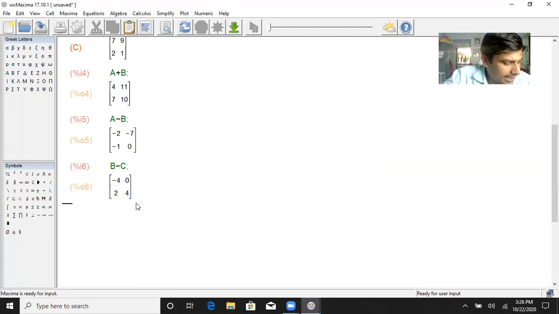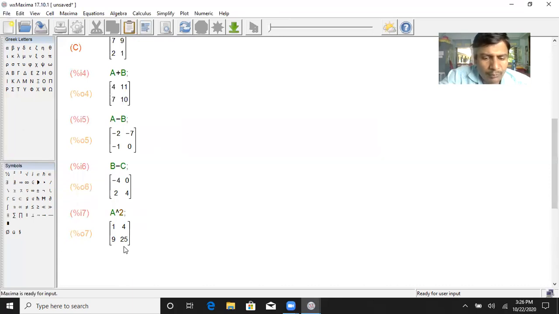Next go to A square. Okay, you see here A square, that is A cap of 2. We are writing square means A cap of 2. What is A square value mean? That is 1 square is 1, 2 square is 4, then 3 square is 9, 5 square is 25. That is A square. A means 1, 2, 3, 5. Then A square means 1 square is 1, 2 square is 4, then 3 square is 9, and 5 square is 25.